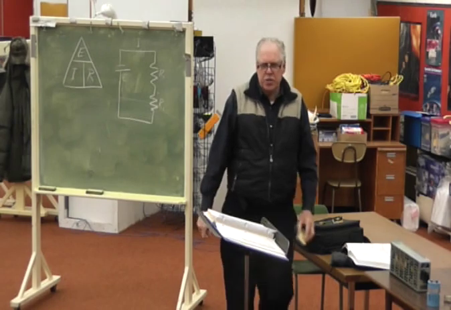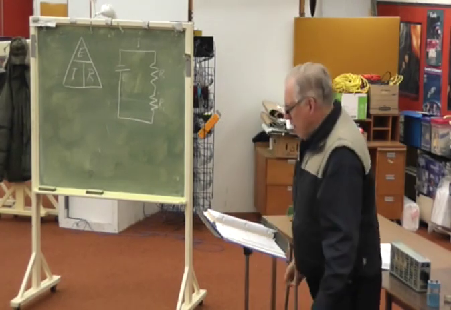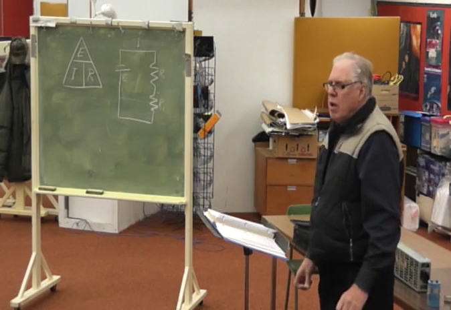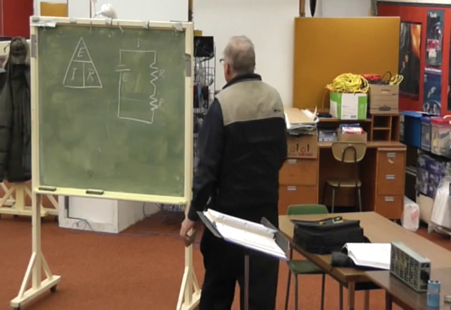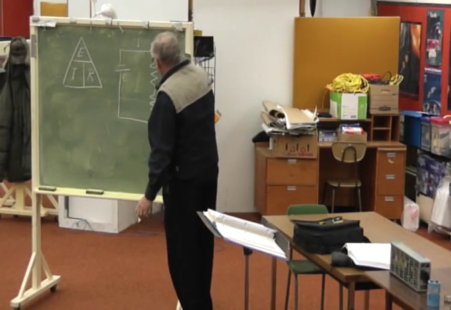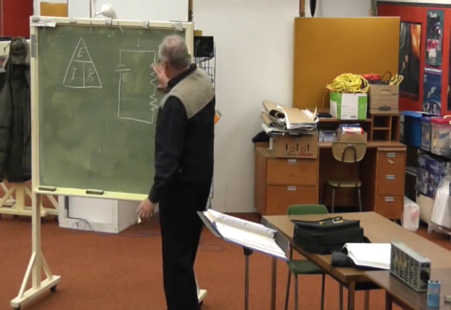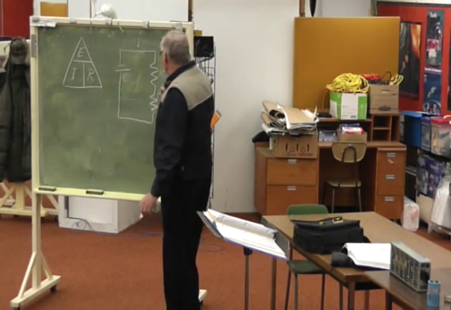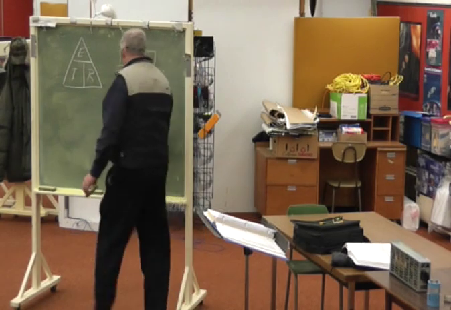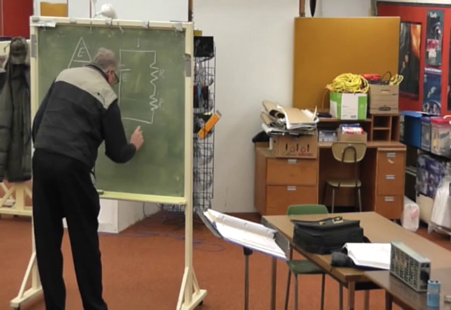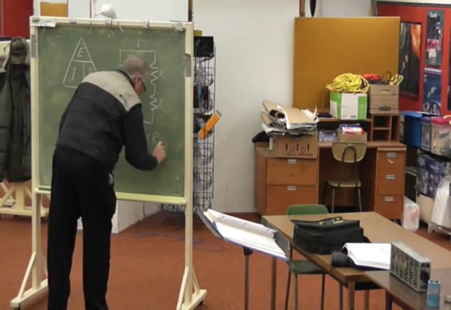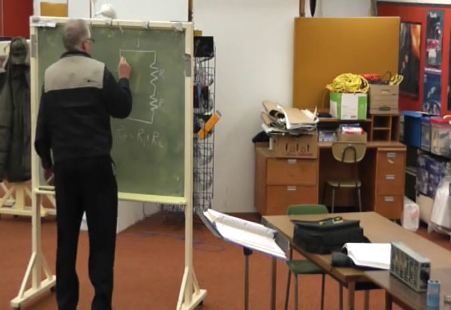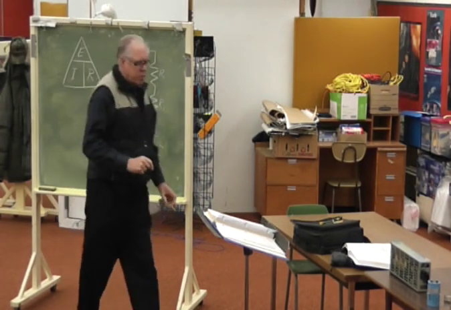Okay, I've got two resistors. Would anybody care to guess how you would combine them? Resistors in series, you add. Okay, so got current going around through here. The voltage drop across this plus the voltage drop across that is going to be equal to the supply voltage. So the total resistance, okay, so if this is 120 volts,